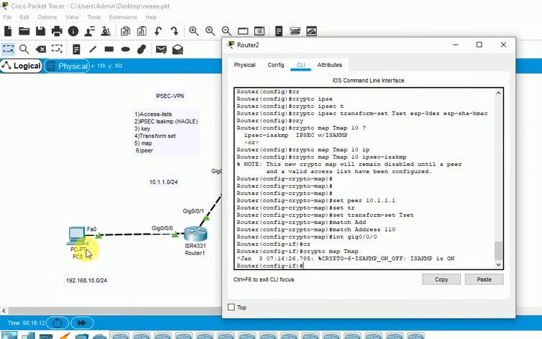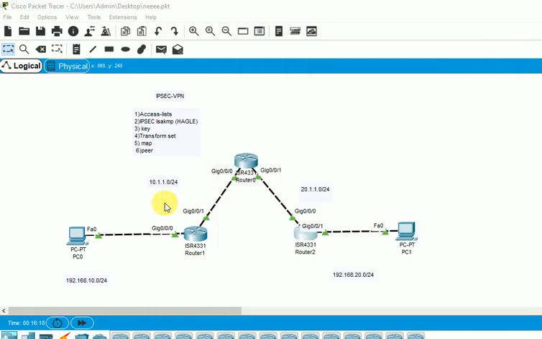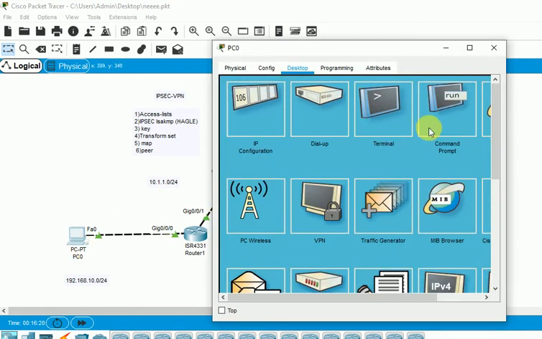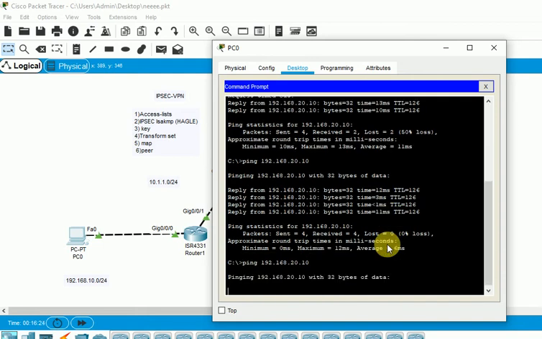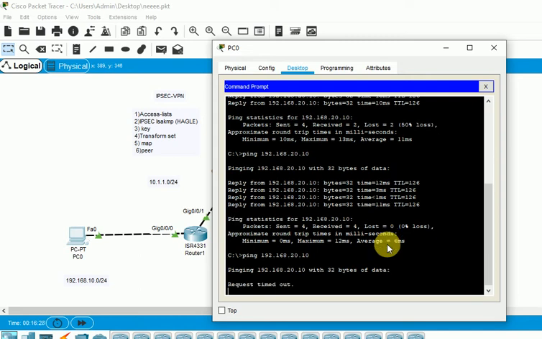Now we have to ping from PC0 to PC1, and I'll show you whether the tunnel is working or not. It will take some time.